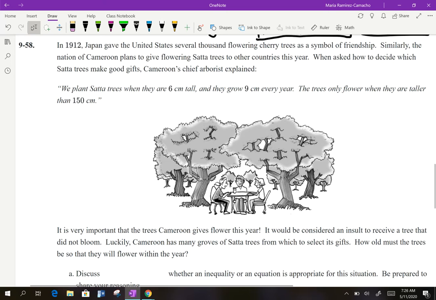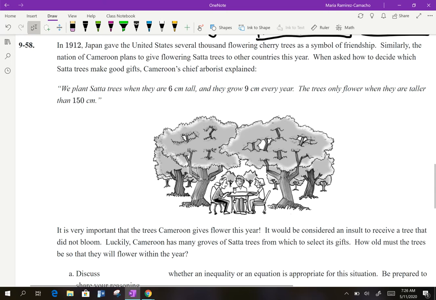9-58. In 1912, Japan gave the United States several thousand flowering cherry trees as a symbol of friendship. Similarly, the nation of Cameroon plans to give flowering sata trees to other countries this year. When asked to decide